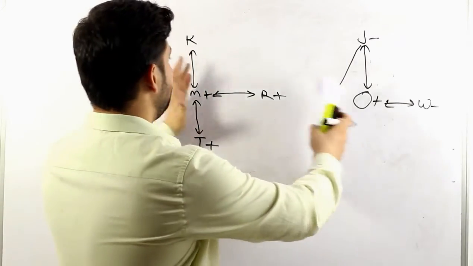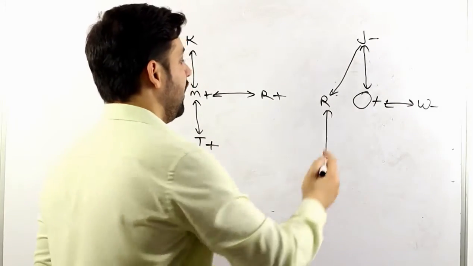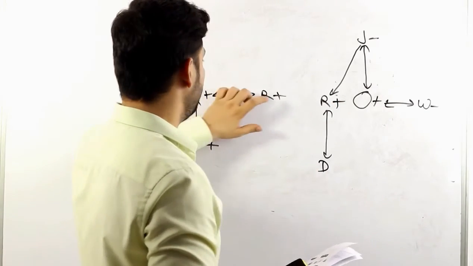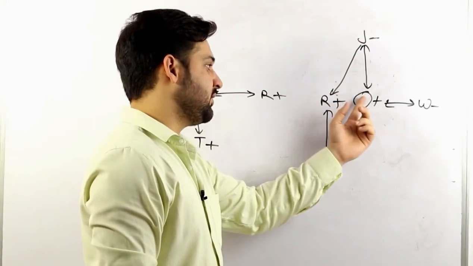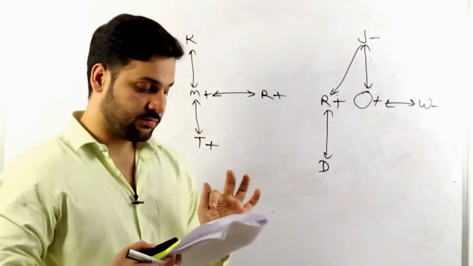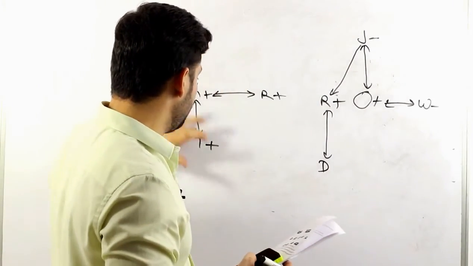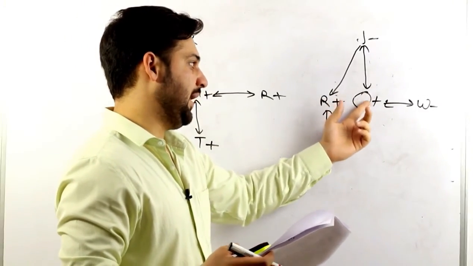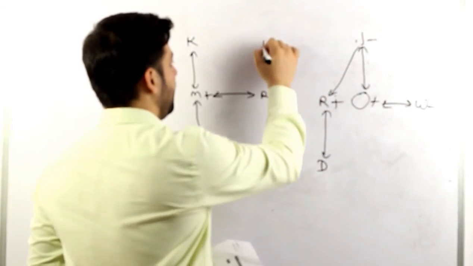Now we need to combine these two graphs. R is the common person here. Obviously R is male here. So there are 1, 2, 3, 4, 5, 6, 7. We are aware of these 7 people. Obviously this blank should be R, because the question clearly mentions 7 persons, and there is no place for this blank, so it should be R, right? And J is the mother